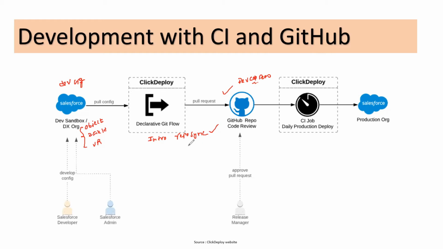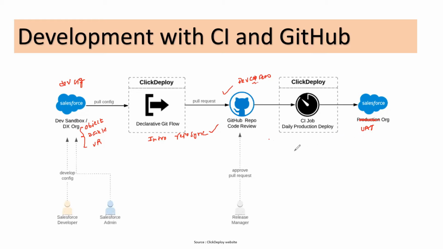Again, we do not need to use any package.xml or anything. We just need to make use of Copado. Let's do that. And post that, once you have those changes in your GitHub repository, you can commit it to the branch that you wanted to deploy. So let's say if I want to move these changes to the next org, I would use the other org that I have as UAT. You can decide to which org you wanted to move. Since after development, you would not directly move it to production, I just now have changed it to UAT. Feel free to decide to which org you wanted to move.